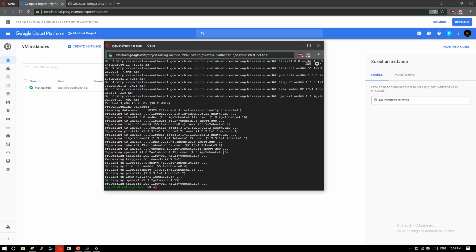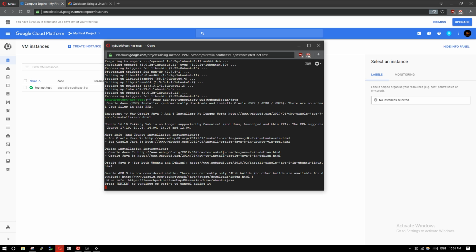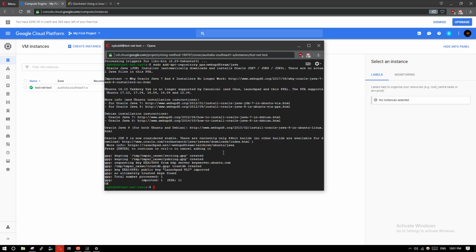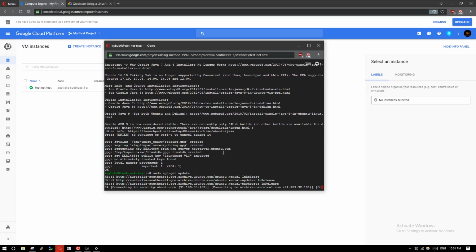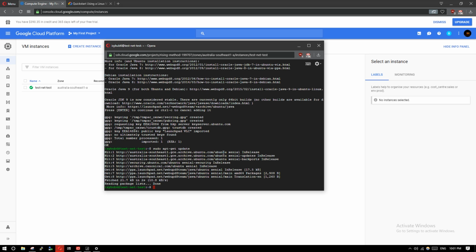To do this, we start with sudo add-apt-repository ppa:webupd8team/java. Press enter. Okay. Next up, we're going to type again sudo apt-get update. Now this is important, you do have to do it a second time. It will link a couple of things that the next command needs. This next command is sudo apt-get install